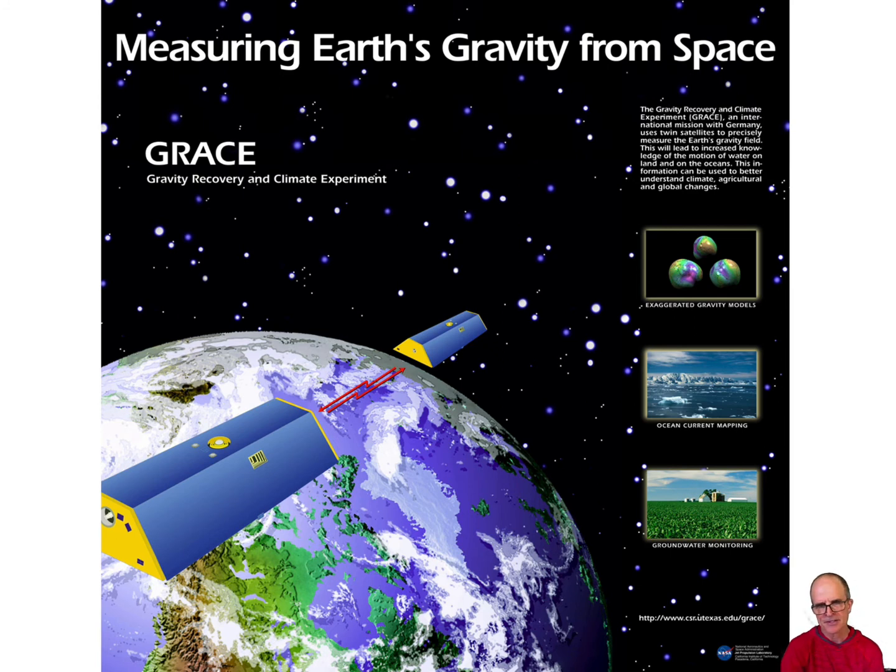So the GRACE is a study where they have two satellites flying in concert. As the pull of gravity gets stronger, one satellite gets pulled closer, and because it has a smaller radius, it speeds up, and the distance between it and the trailing satellite increases. And then as the second satellite gets in, it speeds up and catches up, and then where gravity gets weaker, the first satellite rises and slows down, and the distance gets even closer until the second satellite rises, then